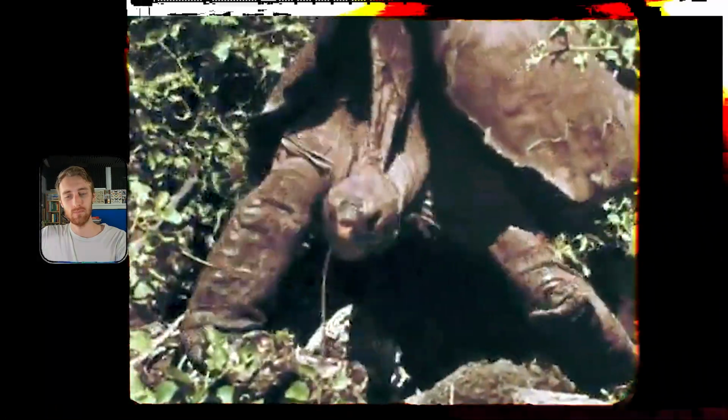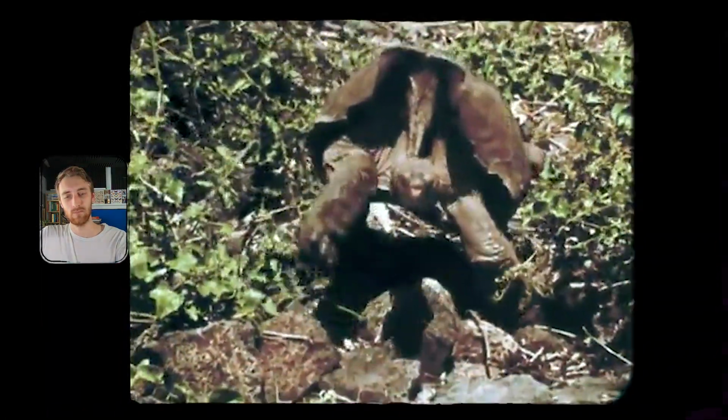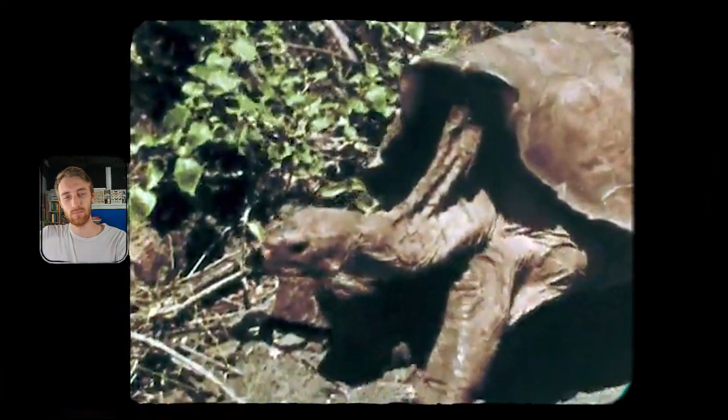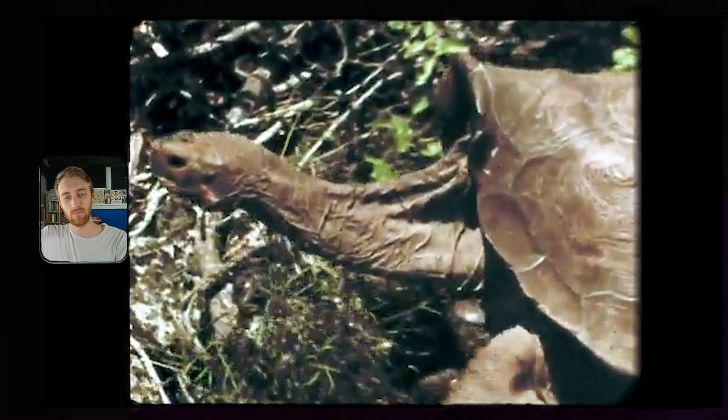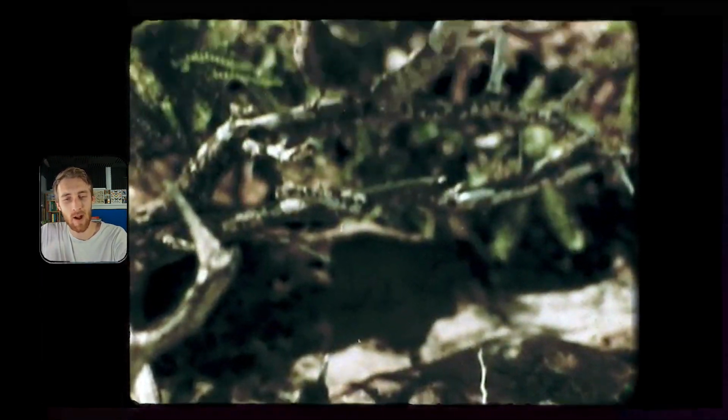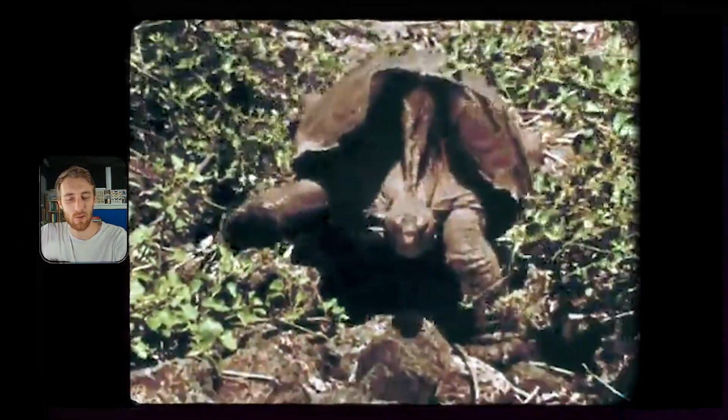Then Darwin learned an odd fact. Old hands in the Galapagos could look at the details of a tortoiseshell and tell which island the creature had come from. Darwin took